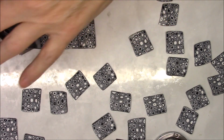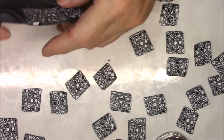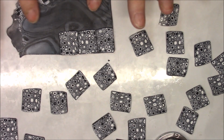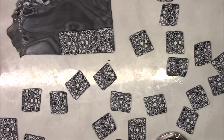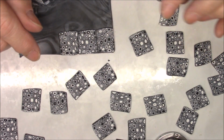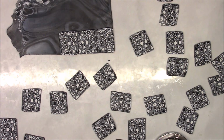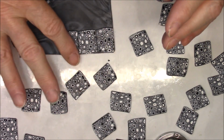Hi, this is Gail again. I was telling you I wanted to make a veneer out of my square canes, and so that's what I'm doing. And this right here is just the scrap from working with this cane. And what I did is I sliced lots of slices on my Lucy slicer. They're all about the same thickness. You do control the thickness of your slices, and there's a little wheel that you turn, but I just thought I would show you